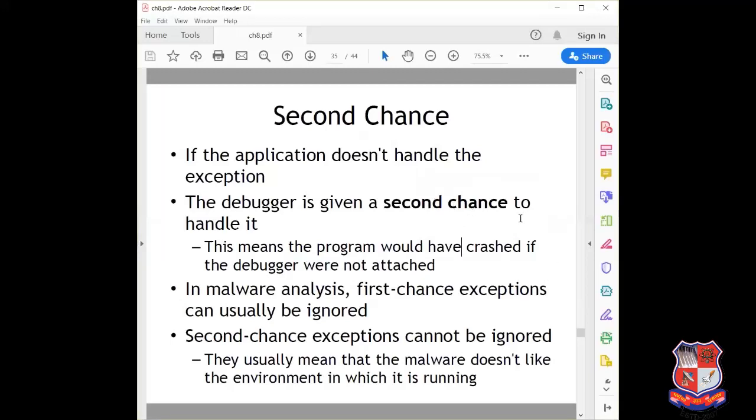And normally a second chance exception cannot be ignored, and that usually means that the malware doesn't like the environment in which it is running. So it is important to look after the second chance exceptions. We cannot ignore them while we apply the debugging process in malware analysis.